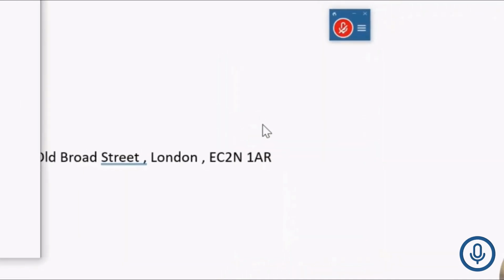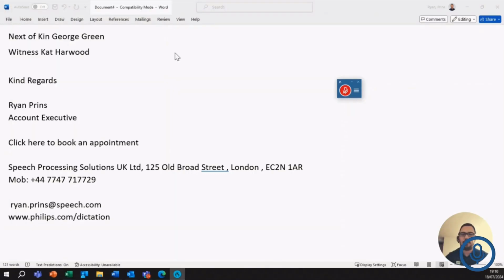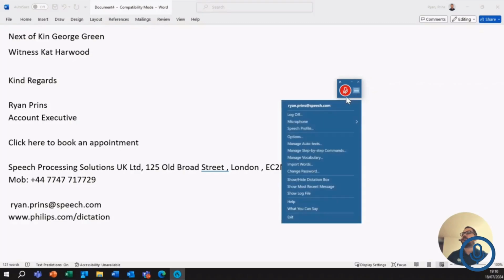Managing auto texts is typically where you can add different auto texts and commands into the solution, so that a single command like "kind regards", which you can see on screen, will put in the email signature, for example. If I then go back to the settings, just to show you a few extra bits, you can import words. So if you've got a list of words that you want to import into the dictionary, that can easily be done. But then you can also manage your auto texts,